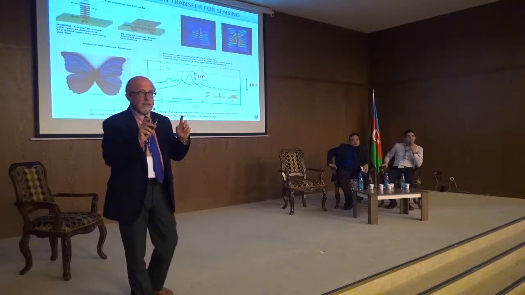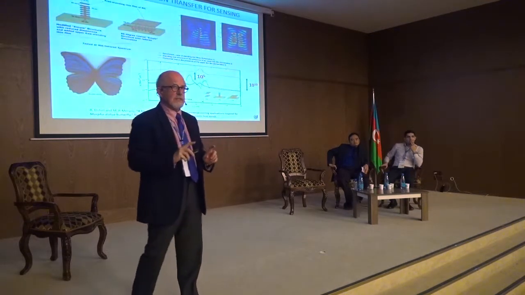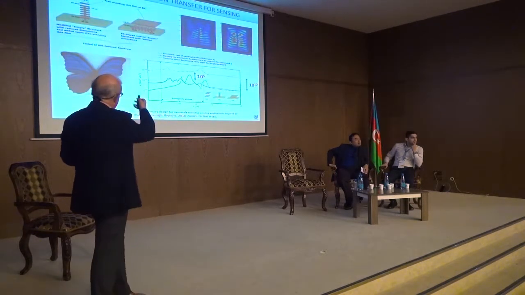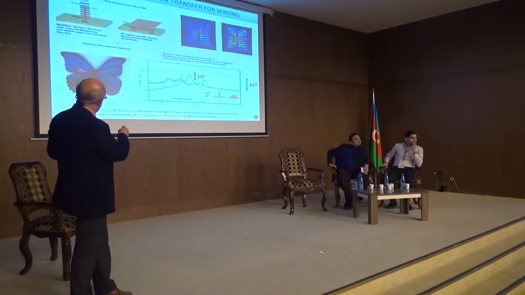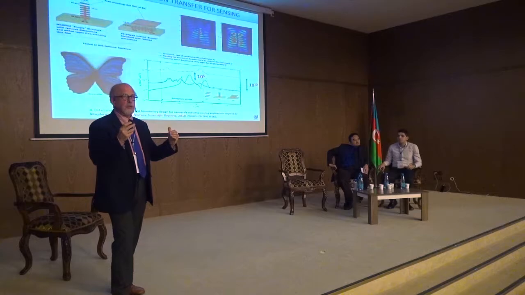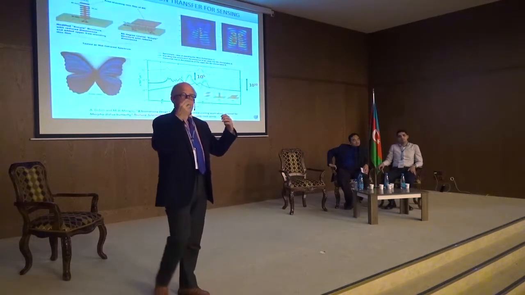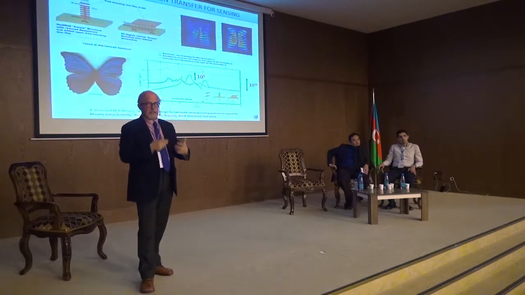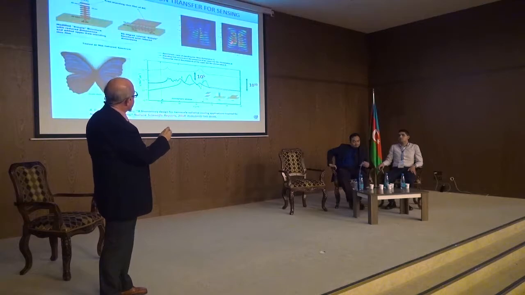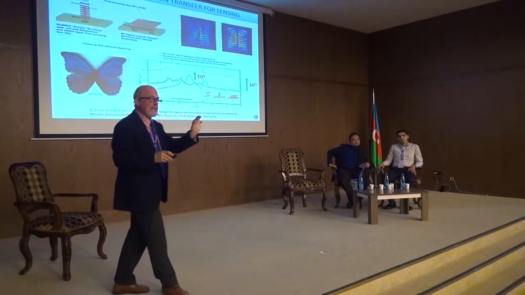When you get in there, you begin to see that very similar structures are available in nature, especially in morpho butterflies. These beautiful blue butterflies you see, the colors are not because of pigments, but because of the nanostructures they have. So using those nanostructures and making the simulations like that, we find out that at certain wavelengths,